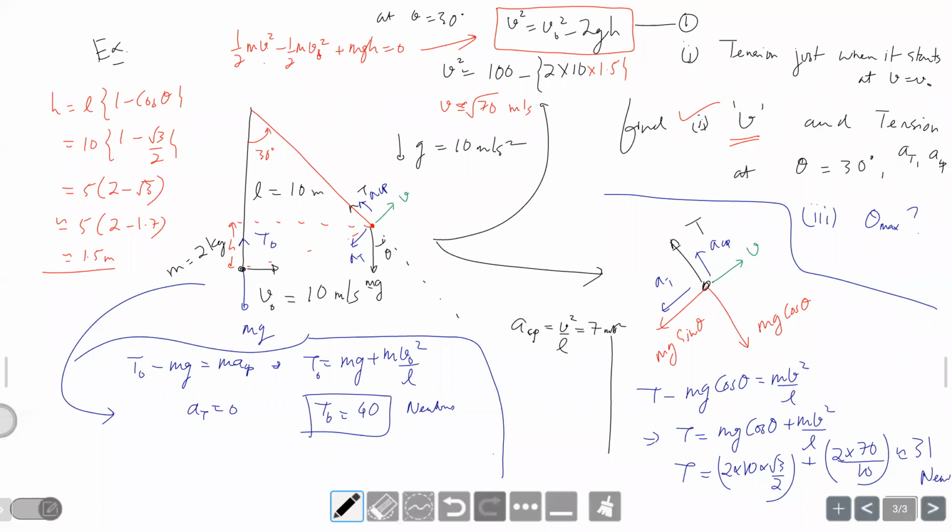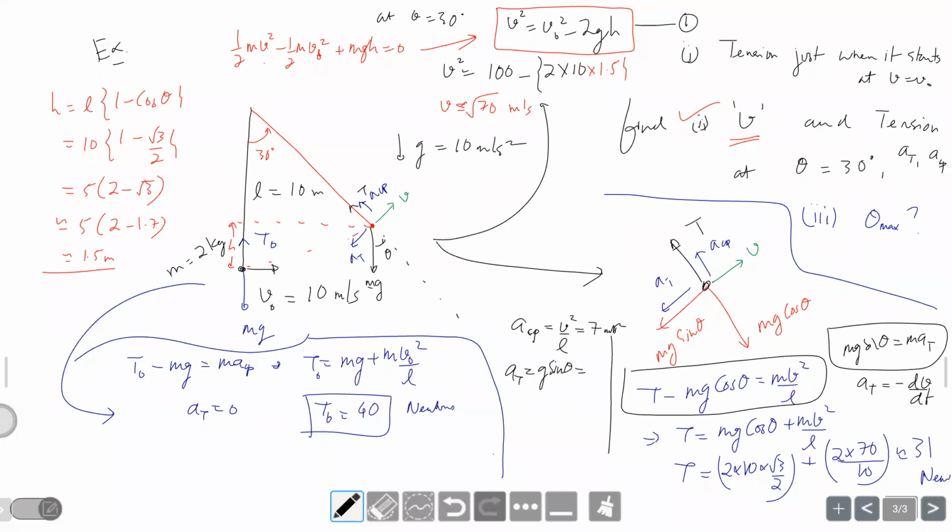And what about your tangential acceleration? This is your one equation for the centripetal. But what is your other equation? Tangentially, what will it be? There's only one force, mg sin theta. So that is equal to mass into tangential acceleration. And your tangential acceleration here is actually a minus dv by dt. It's a rate of descent. The speed is going down. Remember, tangential acceleration is dv by dt in general, but here it's a negative quantity. So our tangential acceleration is g sin theta.